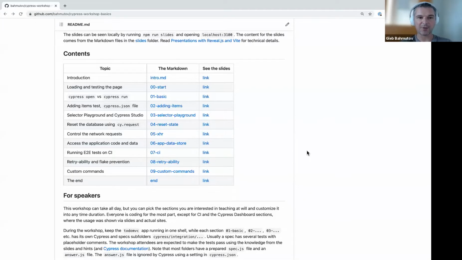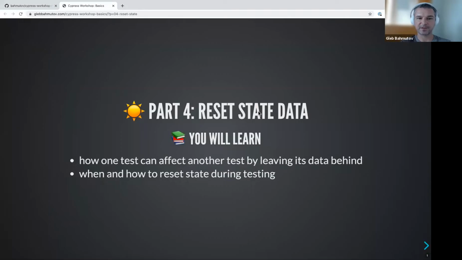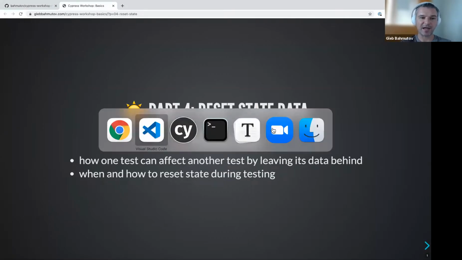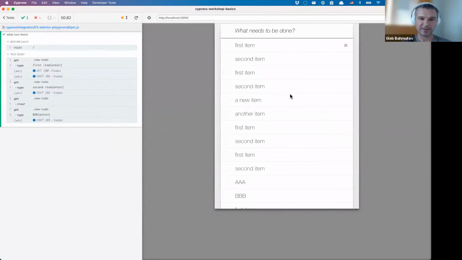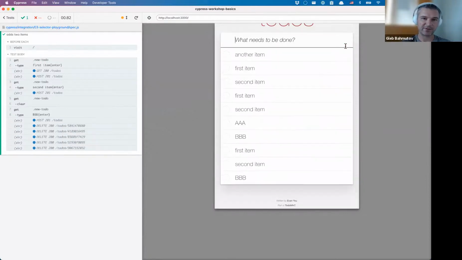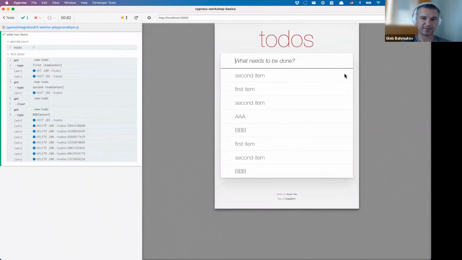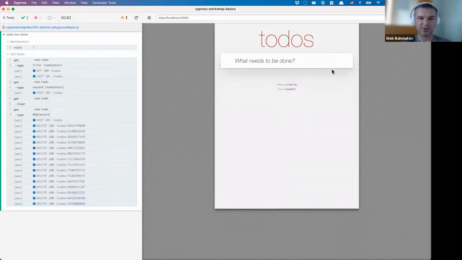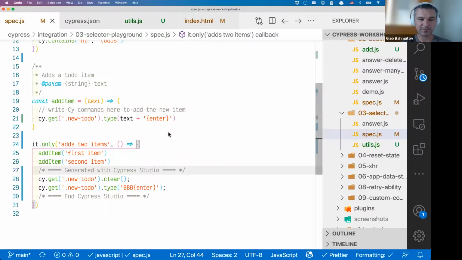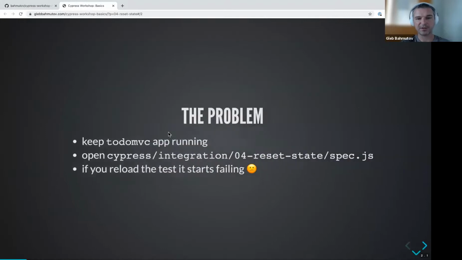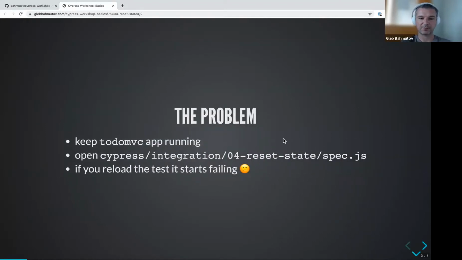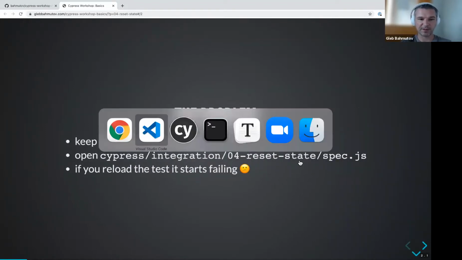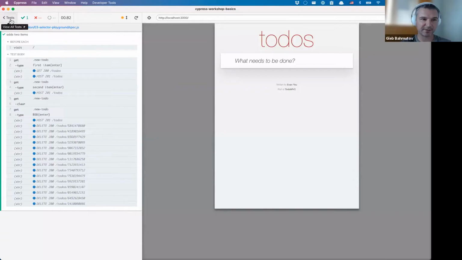Okay, I want to quickly cover this last section for today, which is related to the question, how do you control the data? Every time a test leaves something like this, it might affect other tests that run after it. So we don't want to do that. But it's a problem, right? Because we don't know what to do. So let's switch to the next test,